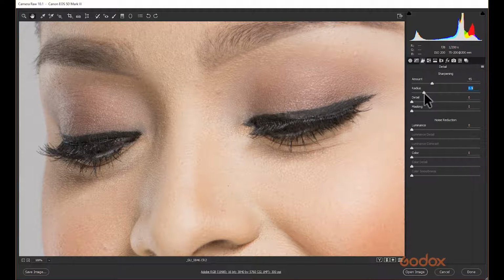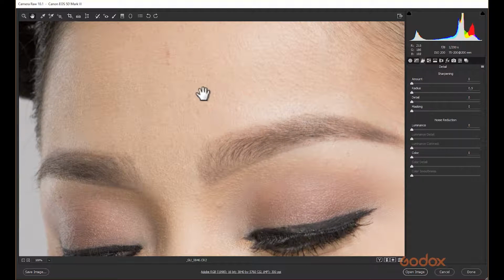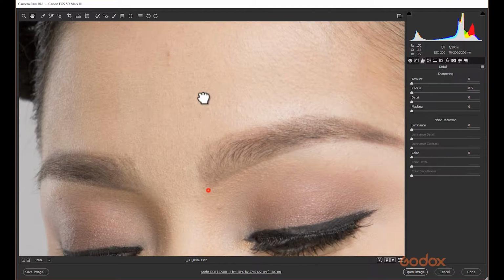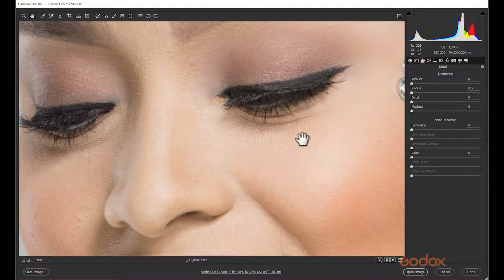So when I'm sharpening, I usually keep it at a low level because I don't want to over sharpen my image. I can always sharpen later on, but I would just love to have that control of adjusting the sharpening later on instead of doing it right now, because sharpening an image right now will also sharpen unnecessary details like this blemish over here and these lines under the eyes that I want to remove in post later. So I usually seldom sharpen, but I'm gonna show you a technique that I learned through the years